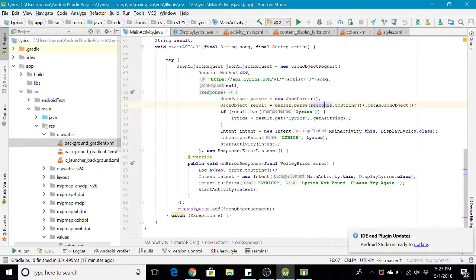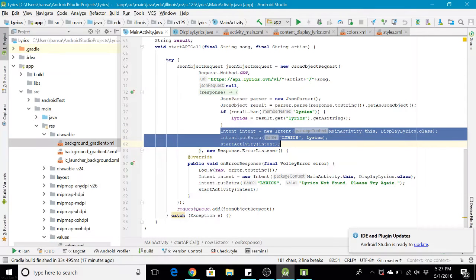So we parse the JSON, get the results, and if the result has the lyrics, we store the lyrics as the string from the API. And then we go to the next intent, and we display the lyrics on the next activity.